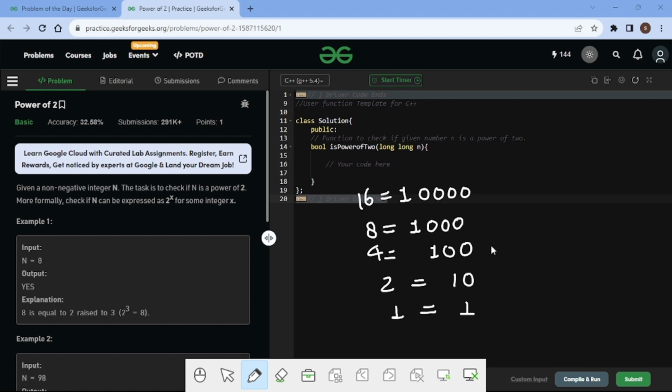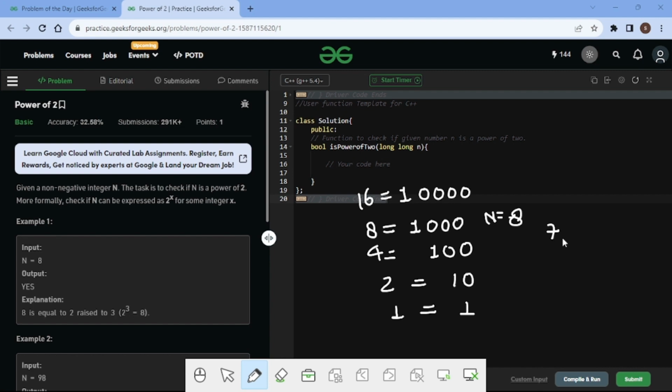If we apply the bit operation, we clearly observe this: suppose we subtract 1 from the given number. Let's say 8 is the given number, so n is 8, and we subtract 1, which becomes 7.